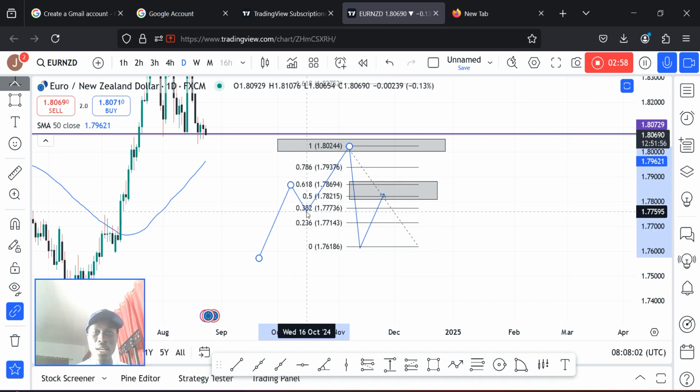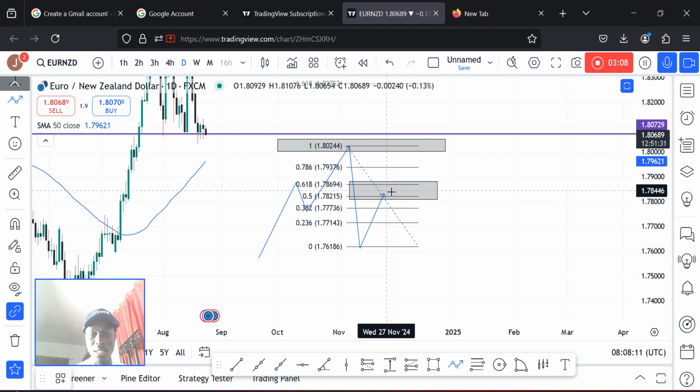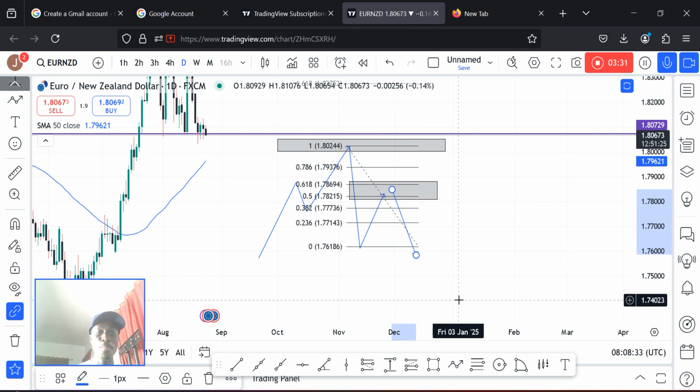And as soon as I mark that zone, I have conditions. I have to see the break of structure, or I have to see the 0.618 falling at a stronger resistance level. And this is where I look up to price action to read the interaction between the candles in the 1 hour time frame and the 4 hour time frame before I look for my entries. I look for my entry to sell from this whole region to this whole zone. So that's what we are about to apply on